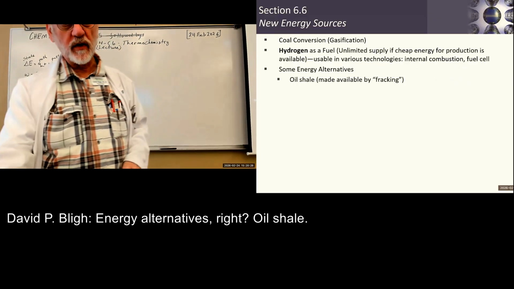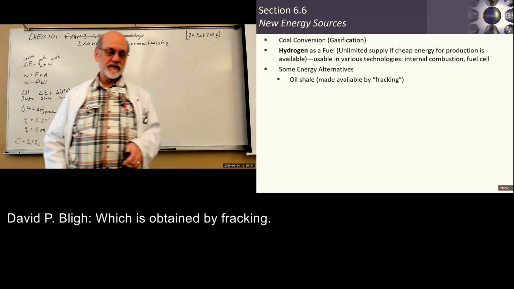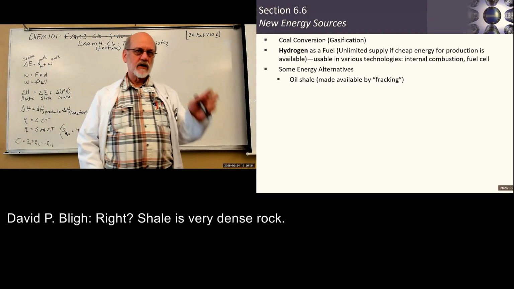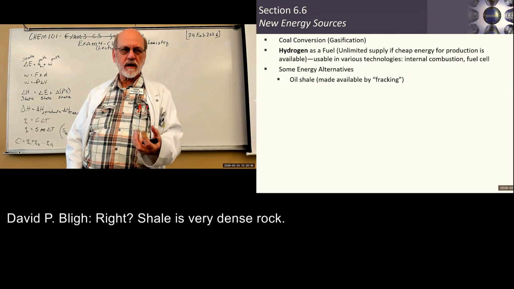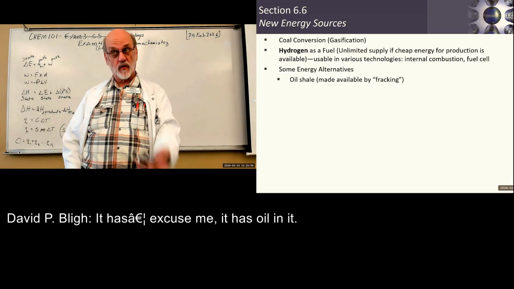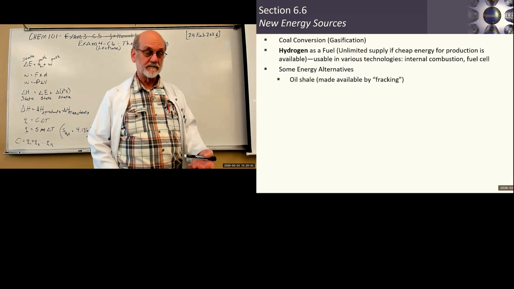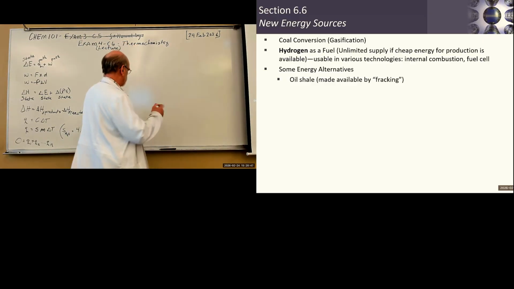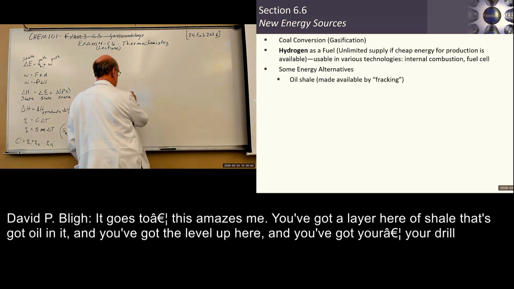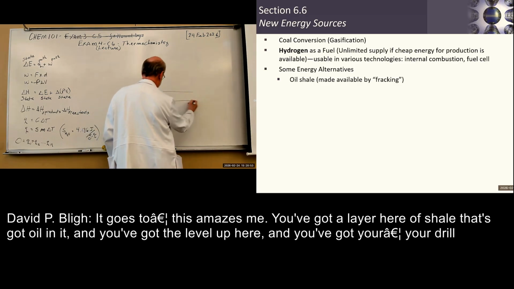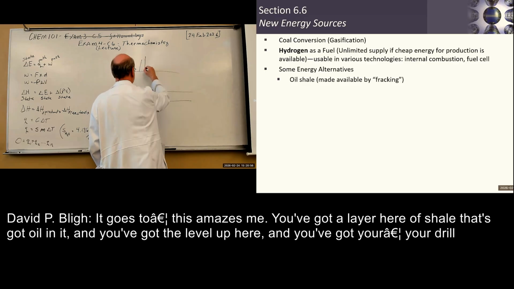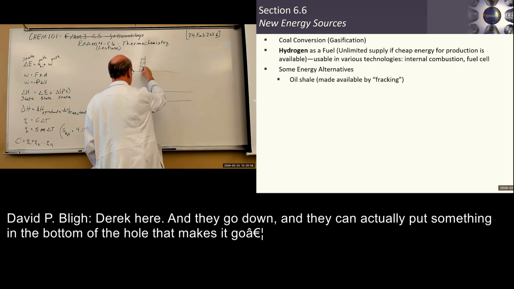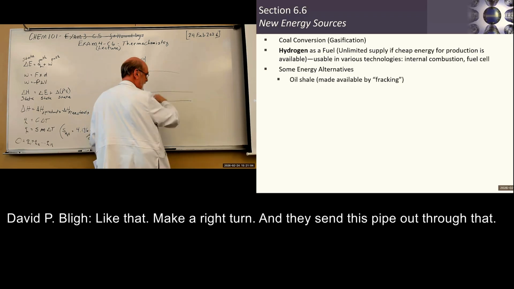Energy alternatives, right? Oil shale, which is obtained by fracking, right? Shale is very dense rock. It has oil in it, but it's hard to get it out. So this procedure called fracking, this amazes me. You've got a layer here of shale that's got oil in it, and you've got the level up here, and you've got your drill derrick here, and they go down, and they can actually put something in the bottom of the hole that makes it make a right turn, and they send this pipe